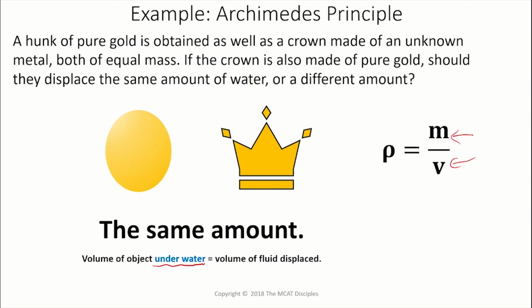And that's how Archimedes... So Archimedes was a scientist way back when who was asked by a king to determine whether or not the gold crown he received from his jeweler was real or not. And through a series of experiments, he found out that the volume of the object under the water is equal to the volume of fluid displaced, and hence the weights are equal. And hence if you have a compound that is the same mass as another compound and they're the same compound, they should also have equal volumes of water displaced.